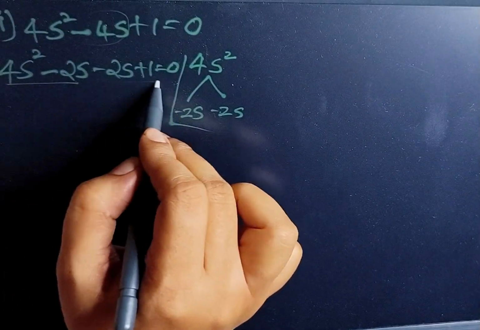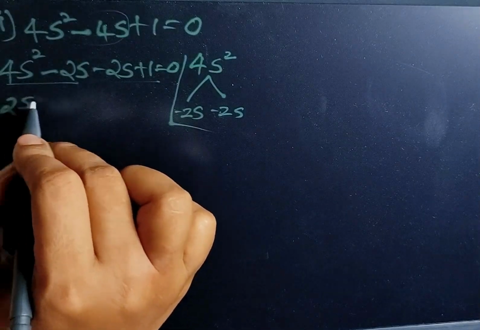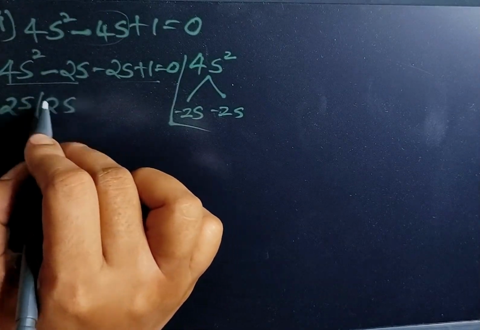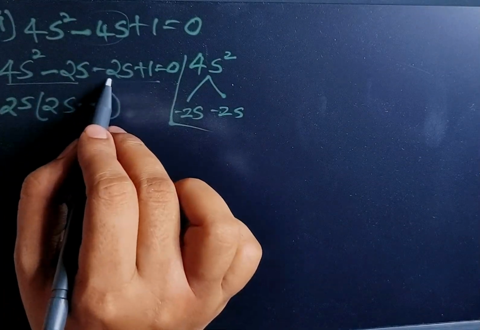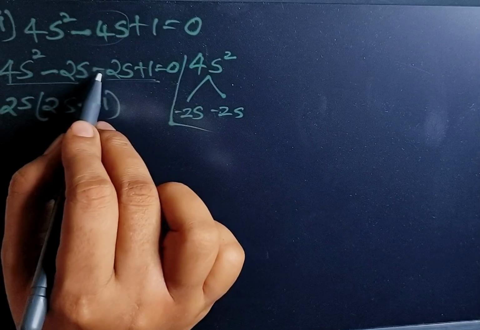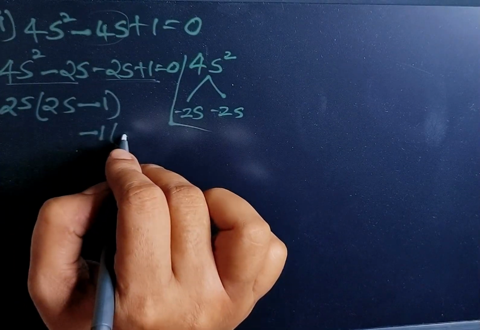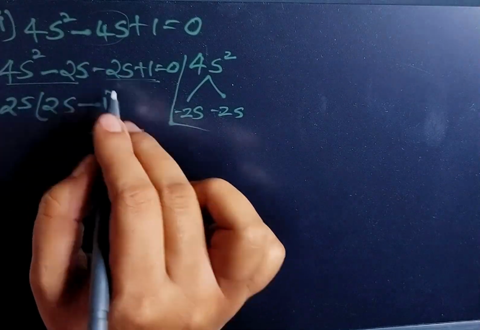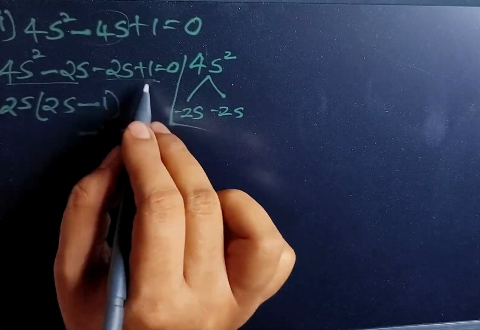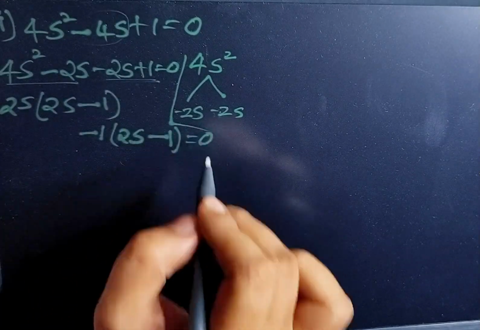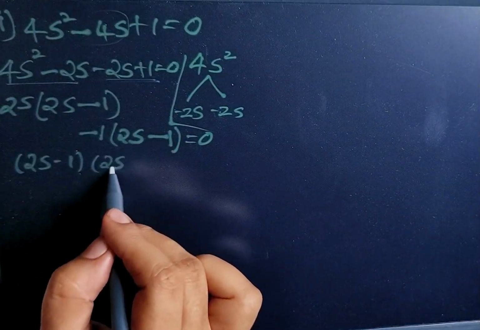Now combining these two terms separately. For 4 and 2 we can take 2 as common, and for s square and s we can take s as common. So if you take 2s into 2s we'll get 4s square, and minus 1 into 2s we'll get 2s. Similarly for these two terms, since 2s is negative here, we will take negative as common, and 1. So minus 1 into 2s will get minus 2s. Minus into minus will give plus 1. 1 ones are 1. If you check, 2s minus 1 is common, and again we have 2s minus 1 equal